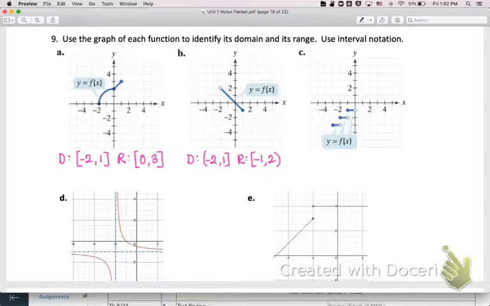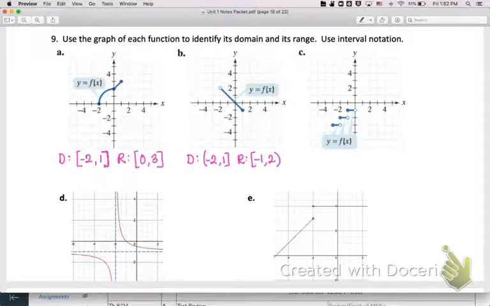All right, here's what we got for the first two. So our domain, if we think about our x's, the first place that we get an x value is here at -2. Then if we think about sliding this line across the graph, we're going to always have an intersection until we get to this point right here. Outside of there, there's nothing else. So that's the only place we care about on the graph. That's from -2 to +1 is where we have graph happening. Because there are solid dots on both sides of the graph, we want